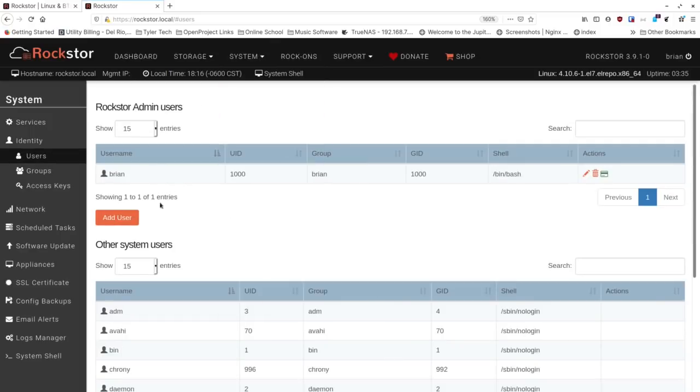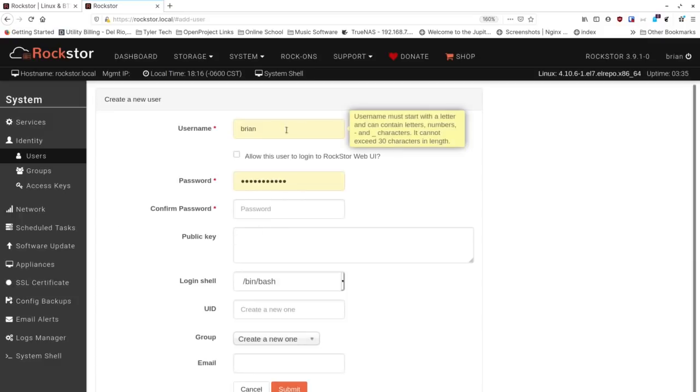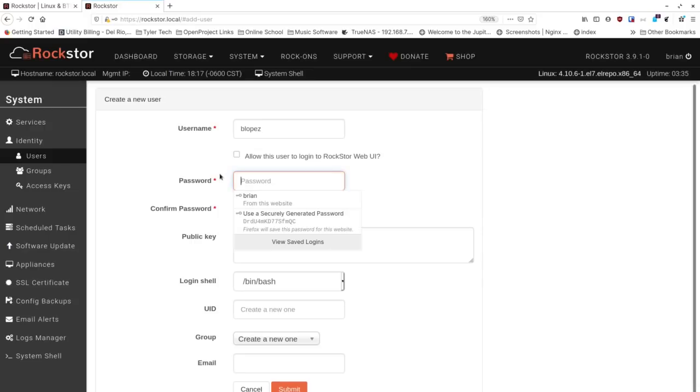So here we have users, and you can see I'm already a user, but I'm going to go ahead and go through the process of adding another user. So the username in this case would not be repeated, so I'm going to put in my wife as a user, and it says allow this user to log into Rockstor Web UI. So you can choose whether this person should be able to log into the Web UI or not. In this case, she doesn't need to. I'm just setting this up so that she can use this for backups, and then give them a password